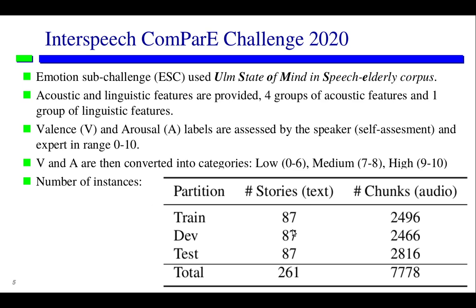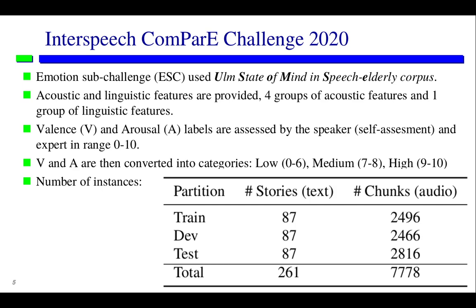So only three categories for valence and arousal. And this is the data set. It's a very small data set, and they divide it into three: train, development, and test. They give all of this partition. Usually the test partition is kept by the organizer, but in this challenge, they provide the whole data set. And they divide it into